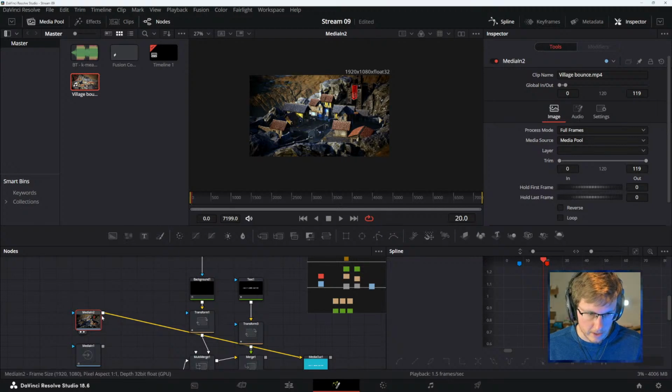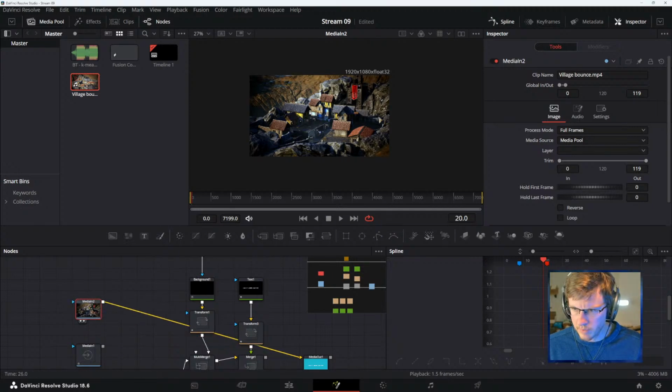What was I expecting? I was expecting to be able to time remap it in here. Time, hold frames, reverse, loop. But I guess that brings up another question, is how do you retime stuff in Fusion? And why are there 7,000 frames in the viewer? We don't need.